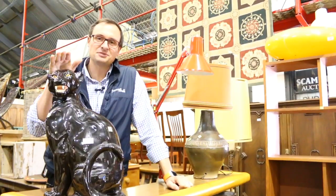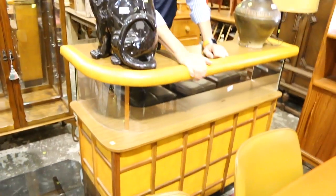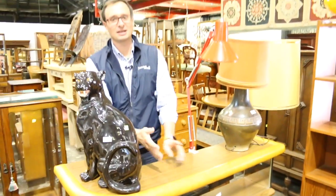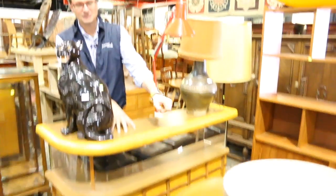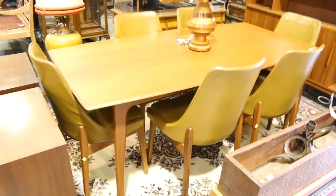Okay, we start off this week behind the bar in our retro area. Let's start with the bar. Fabulous mustard colour vinyl front on this one. Great for the man cave. If you've got a large theatre room or movie room, this is the place to go. Also in front is a Noblet dining suite, your 6-person, beautifully upholstered chairs, Noblet table, lovely teak and very, very